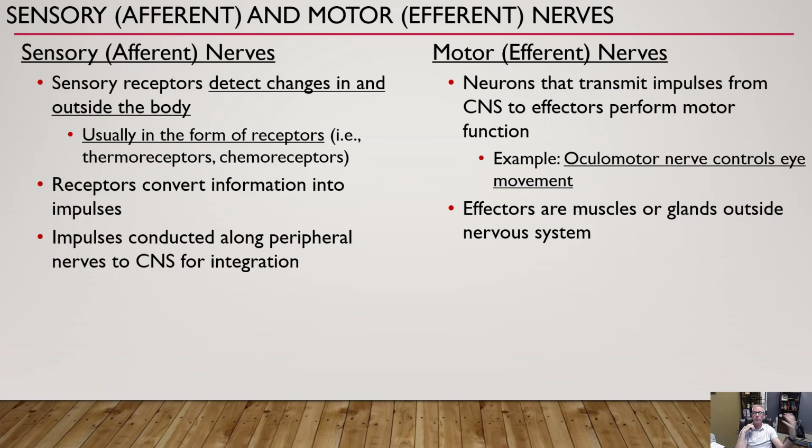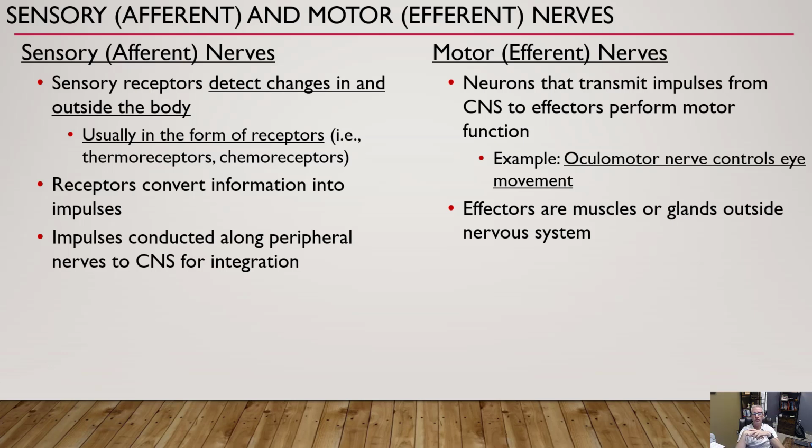Like I mentioned before, we have thermoreceptors that detect heat. We have chemoreceptors that detect chemicals. Chemicals are like your blood sugar. You taste chemicals, you smell chemicals. We have baroreceptors that will detect changes in pressure, like your blood pressure, for example. And these receptors actually convert that information into electrical impulses that will then get conducted through the nerves up into